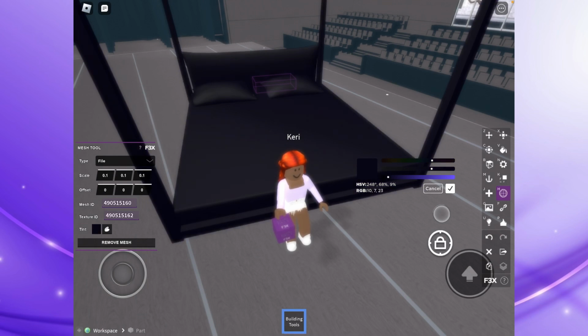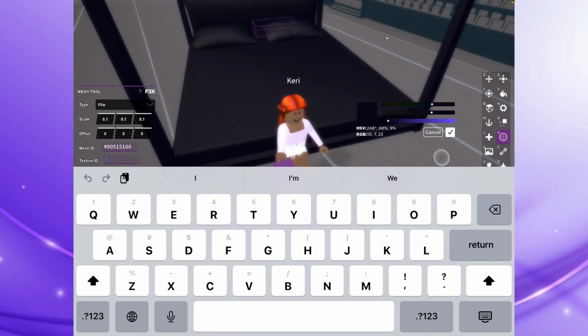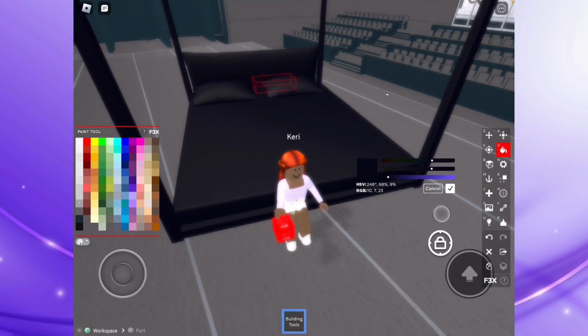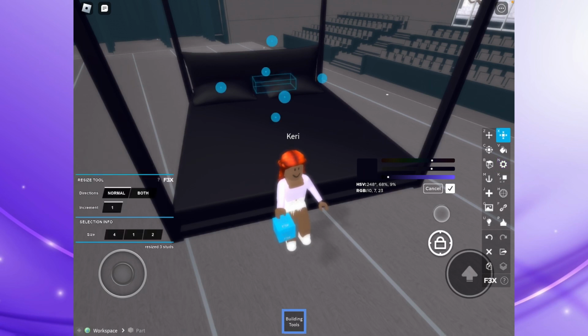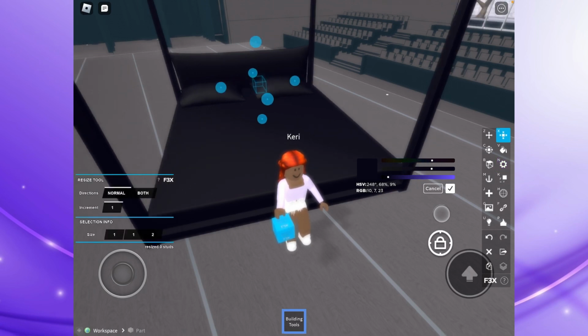I'm just going to make it a black bed altogether. It's like a dark purple bed, I think. But I didn't really like the colors of the bed, so I tried changing it, but there's already a texture added to it. Since there's already a texture added to it, you can just change the colors like that. And so now I can go ahead and make this block as small as I want, because I will definitely,